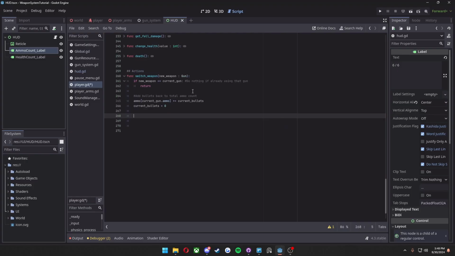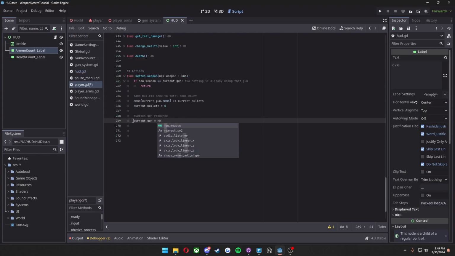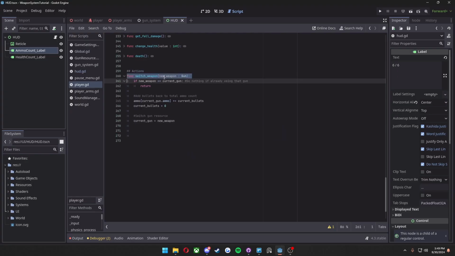Now we want to switch our gun resource, right? All we really need to do here is go ahead and set our current gun to equal our new weapon, the weapon that we passed up here, right? And then next we want to set our mesh, because each one of these resources has a mesh attached to it. So this is where if you have special logic for swapping out your gun model, this is where that will go. But for me in this system, if you're just following along with the template that I left in the description,